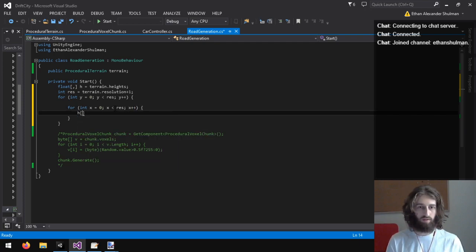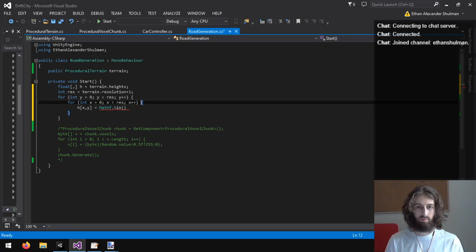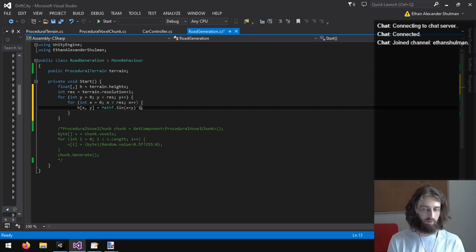So let's try this. H, X, Y equals, we'll do a sine wave. And then we'll multiply it by like 100.